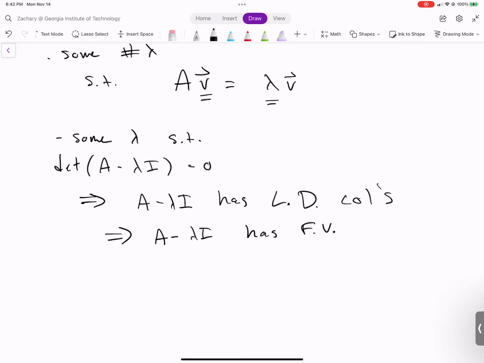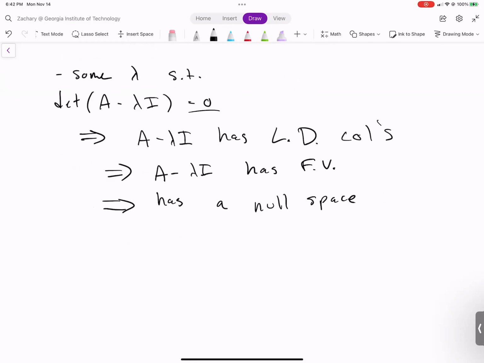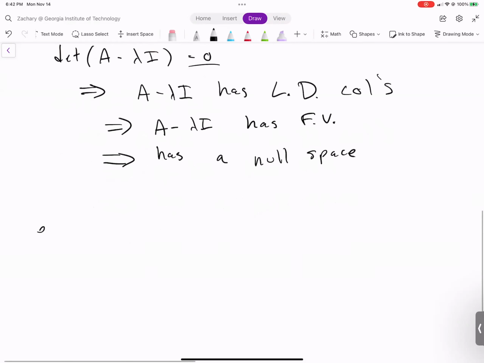What does it mean if you have a free variable? It has a null space, exactly. And this means it has a null space. Because if the determinant is equal to 0, you know that it's not invertible. When it's not invertible, it has a null space, right? So this is a whole stretch of things together that just goes to say that we define eigenvectors